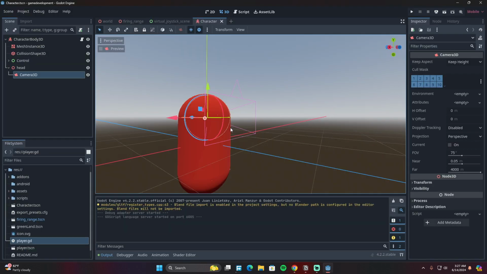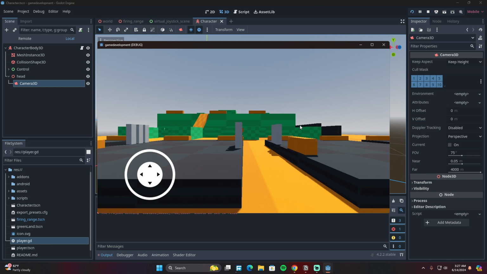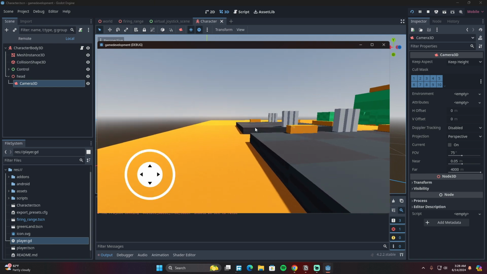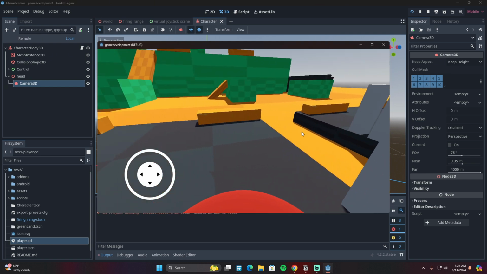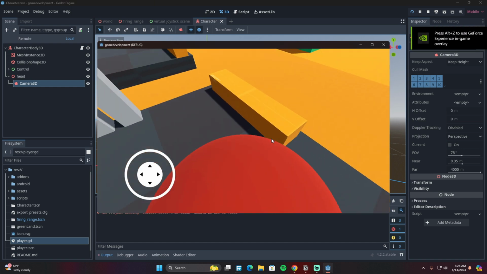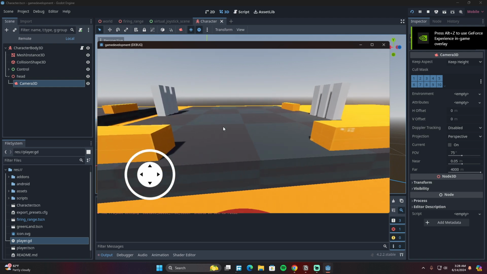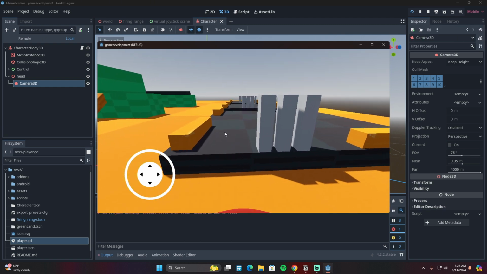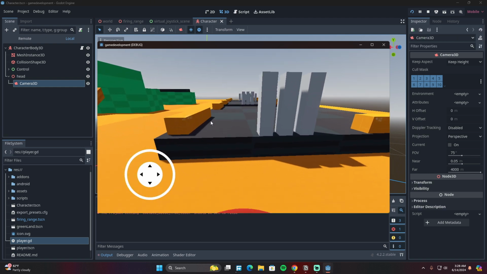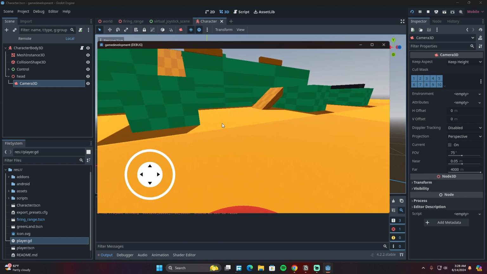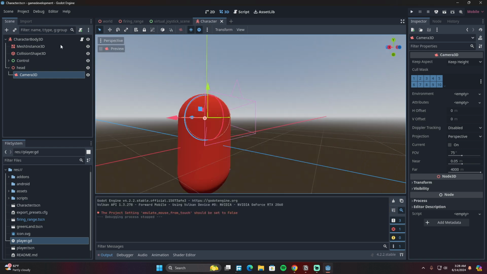Well, let's get back to our game and let's, of course, test it again. And here we are simulating it on our PC. And we can't run, but we can also jump in PC. We want to add buttons to run and to jump because it's a mobile game, not to be played in the PC. We'll go to our script